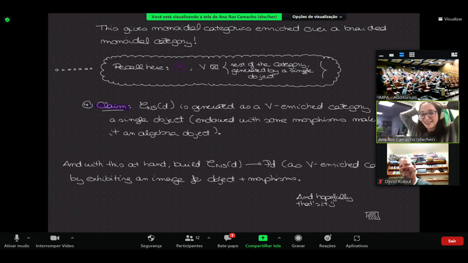Tell me, very naive question. Before you went to the specific examples, you made this general statement that these categories have a tensor product and duals and things. So are these in general fusion categories or braided fusion categories? No, I mean, I wish I had some more examples of fusion categories within this context.